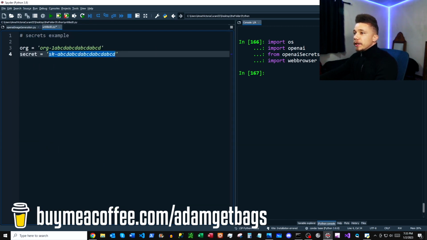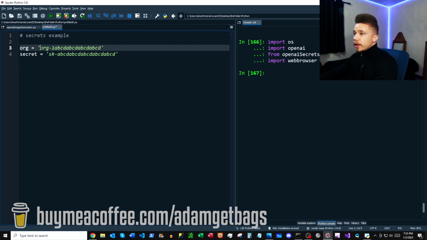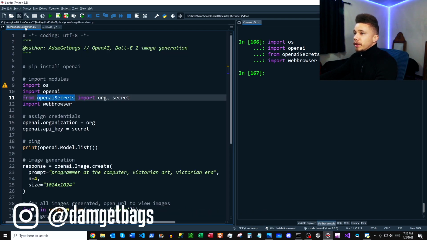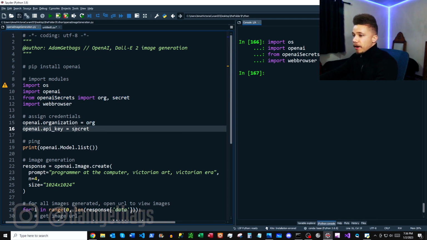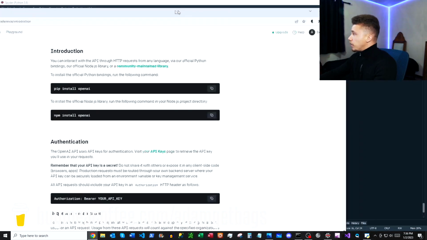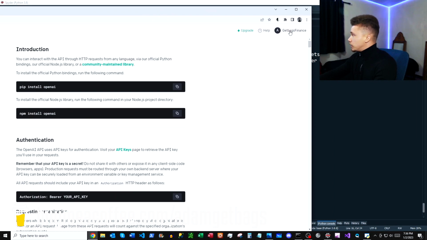So if I come over here to the file, we have the variable org is equal to a string, and then we have the variable secret, which is also equal to a string, and then we're just importing those as variables there. So here we're assigning our organization credentials and our API key credentials, and I'll show you where to get those right now. So if we go back to OpenAI and then we come here to the top right corner,